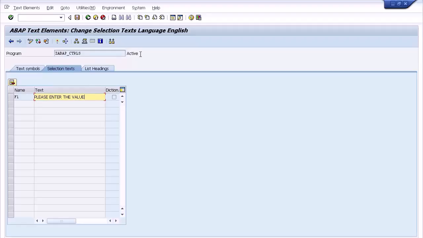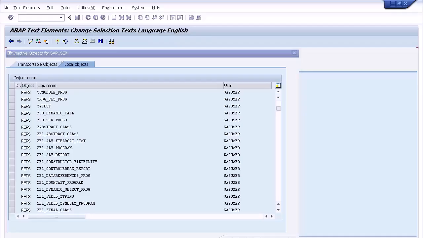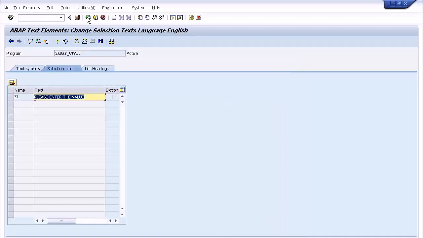You can write anything, then please enter the value. Make sure that this activate button, the moment when you change it, is in active mode, then please turn into active mode. You have to activate this selection text. Click on continue,